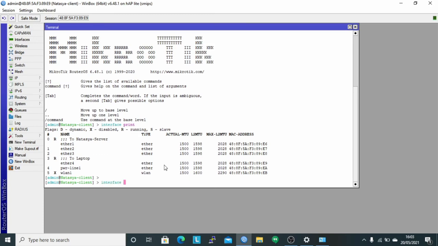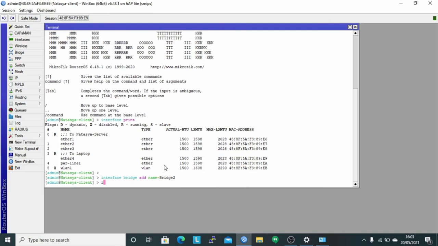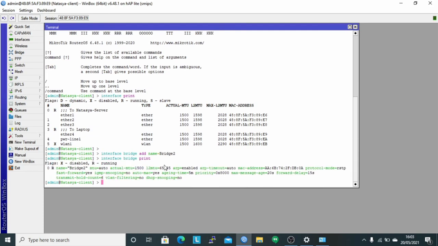And then create a bridge interface with the command interface bridge add name. Here I use the name bridge2, and check with the command interface bridge print. It can be seen that I have successfully configured the bridge interface with the name bridge2 and status is running.